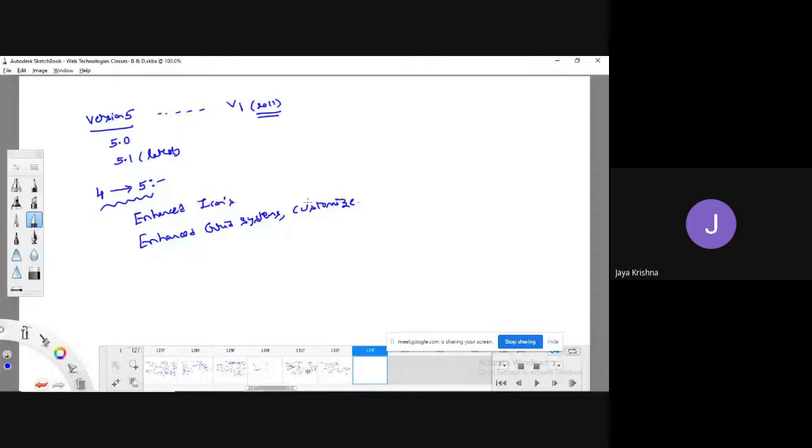Enhanced grid systems means it has implemented small size screens also, and it has provided various gutter classes, and vertical spacing also increased. Just remember these points. When it comes to the concept of grid systems, I will explain clearly.